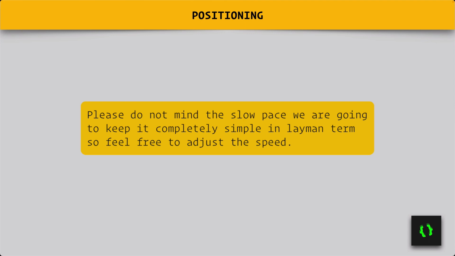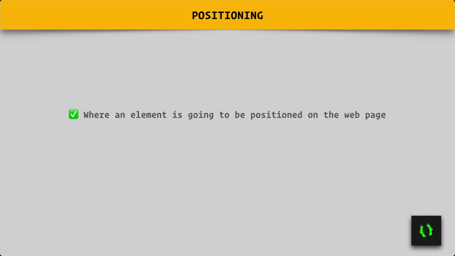Understanding how the positioning of an element works. Positioning is all about where an element is going to be positioned on the web page, be it by default or as per our design. I have seen many beginners struggling to understand positioning, and this is completely normal because they are not taught the